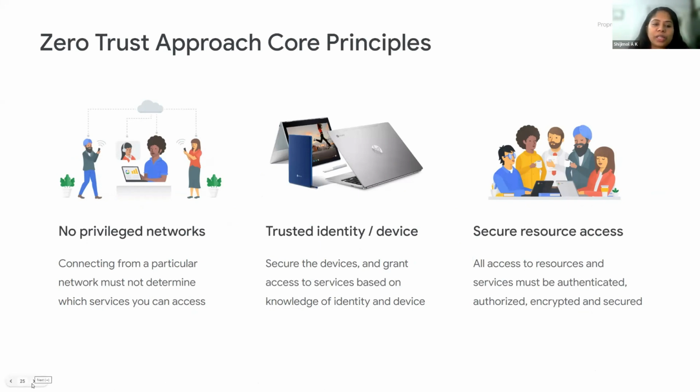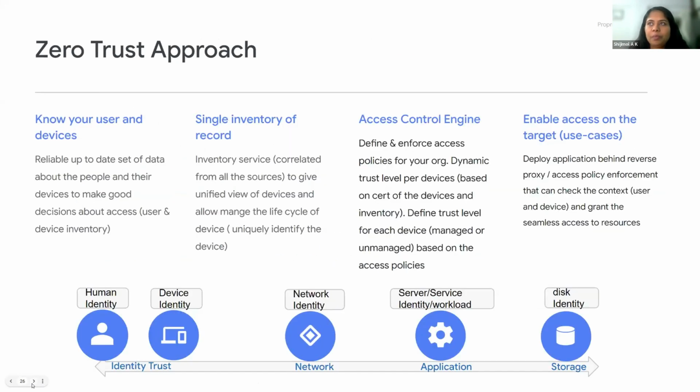Make sure that you're securing the application every step of the way. Digging a little deeper into the zero trust security approach, make sure that you know the user and you know the device. Who is accessing, and from where are they accessing? There should be an inventory service. Make sure that you are correlating this information: who is accessing with what device? If there is a credential threat happening and the person is accessing from an unauthorized device, that could raise a flag, right?